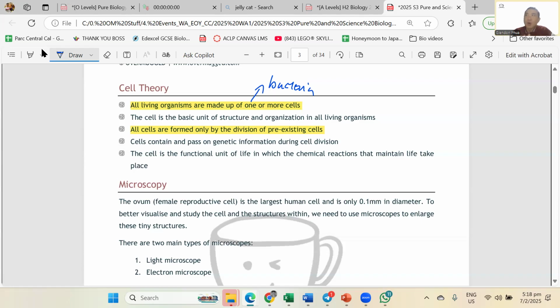And with 2, there's more than enough. I kid you not, because no school paper is likely to test you 3 marks. There are so many other things to test you. So for cell theory, this is my advice. Use yourself as the answer to remember. I'm a living thing. I'm made up of more than 1 cell. So all living things are made up of 1 or more cells. I came from a sperm and an egg fertilizing together. From that first cell, divide, divide, divide. So all cells came about from the division of pre-existing cells. That is how it's easier to remember this part over here.